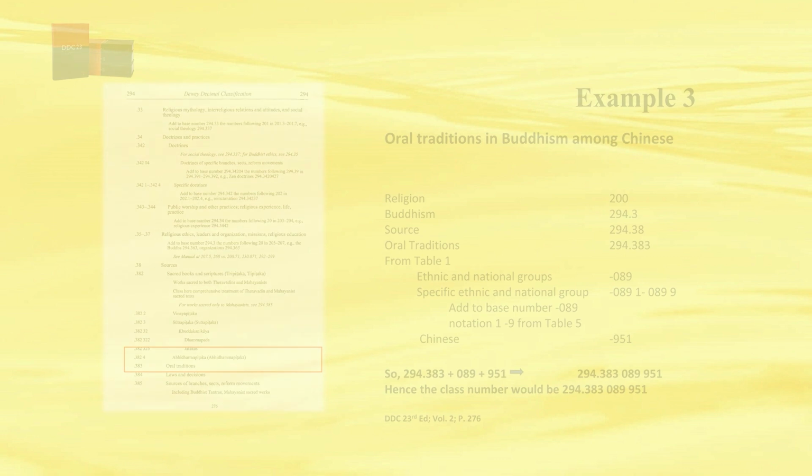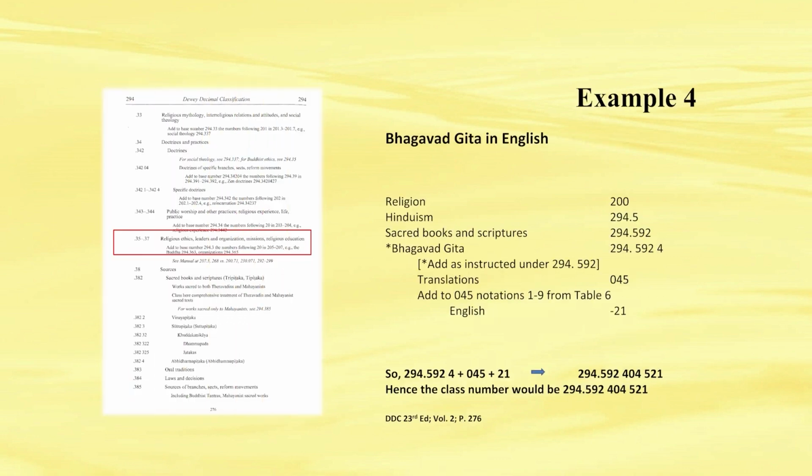The next title is Bhagavad Gita in English. It also comes under Hinduism. It is a sacred scripture of Hinduism. We already know the number of Hinduism is 294.5. Under it, 294.592 is sacred book and scripture. Under it, there is a direct number of Bhagavad Gita, that is